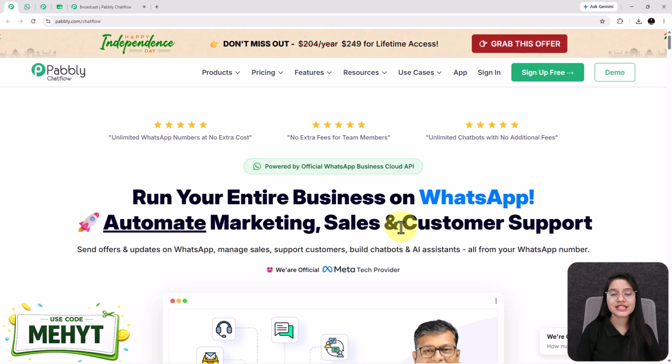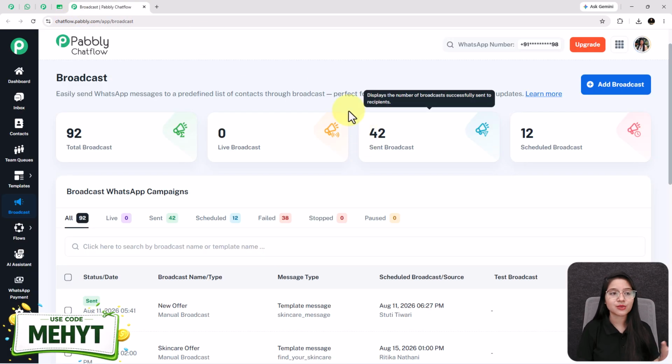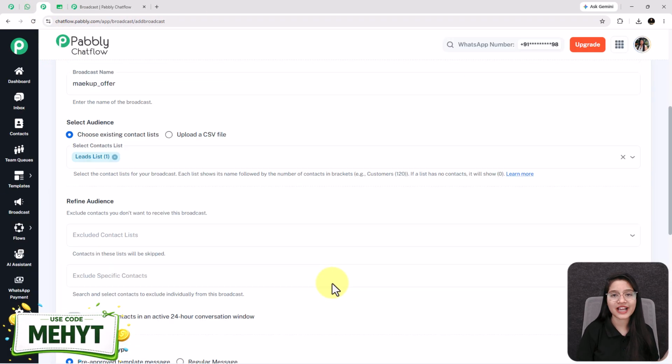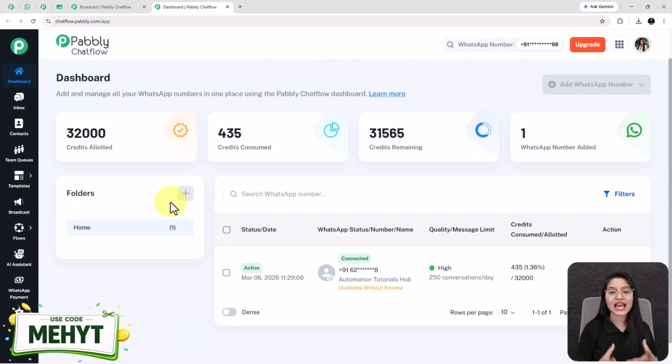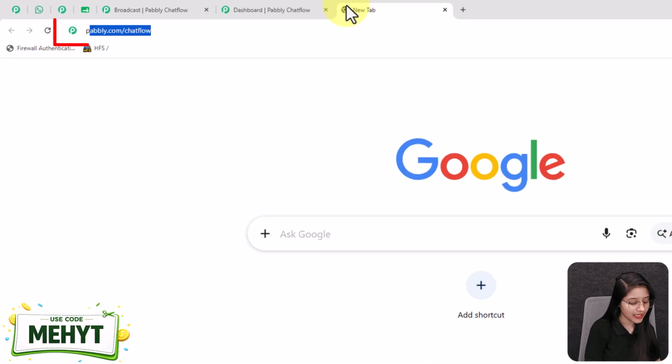So without wasting any more time, let's jump into Pabbly Chatflow and start creating our first WhatsApp broadcast campaign. Alright, so this is the dashboard of Pabbly Chatflow. If you are an existing user of Pabbly, that is perfect. But if you are not, then go for